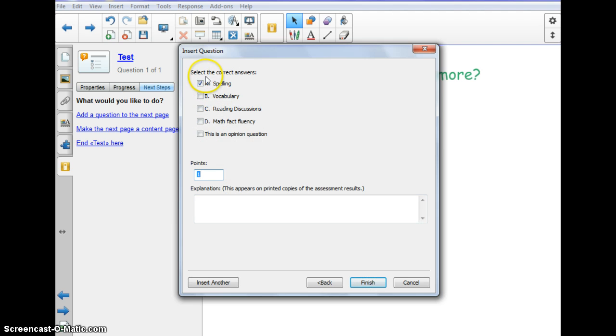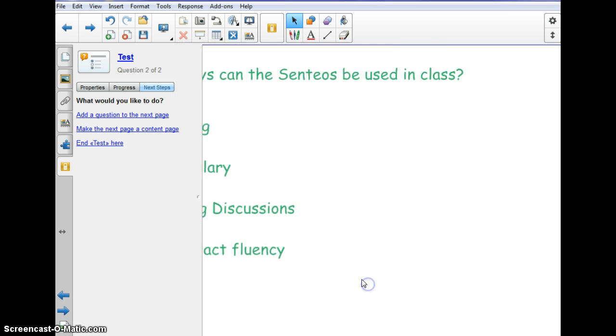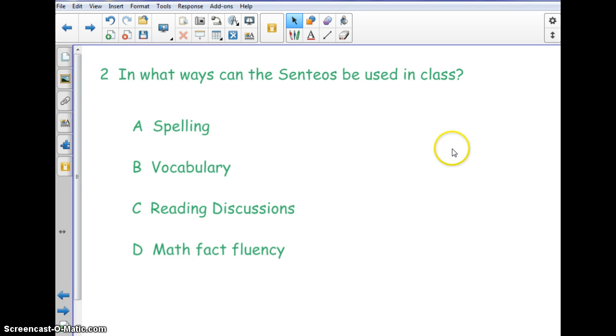And now that this is a multiple answer, I'm going to select all the answers that apply. So this is where it's going to be important because this is again a points question. If you make this out of 1 point, then you have spelling, vocabulary, reading discussions, math fact fluency, all of these correct would give the students 1 point. Or you could change the point value to 4, and now if they chose 1, 2, 3, or 4 of them, they would still be able to get a point. Okay, so I go ahead and add that question,